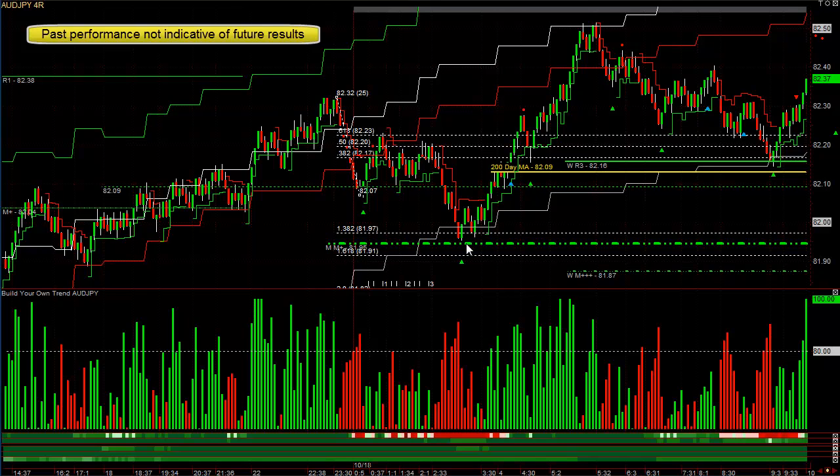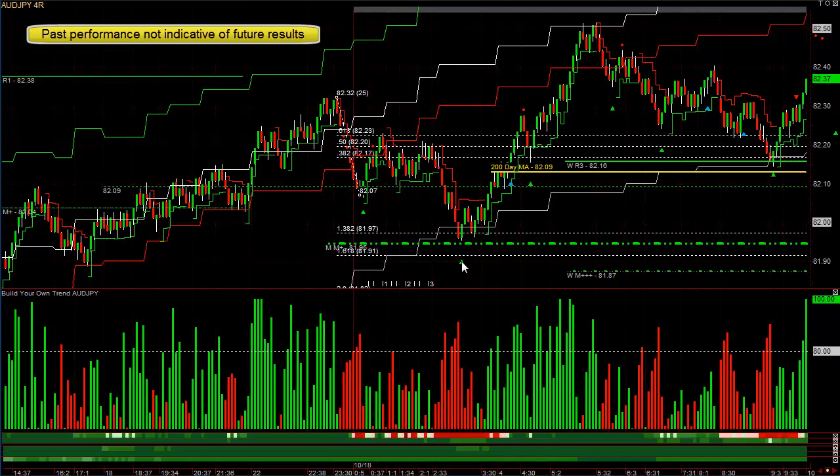And then there's also a monthly pivot right there, and it's a whole number. Whole numbers and half numbers tend to have major buy orders there. Coming down to it from below, there tends to be buy orders there. So for those many, many reasons, this was a very high probability trade, and you can see our FX trade